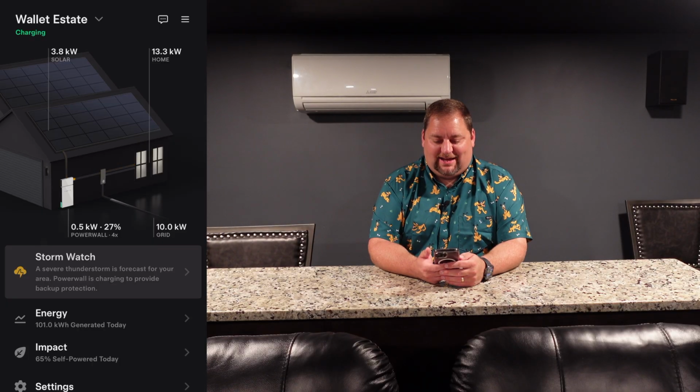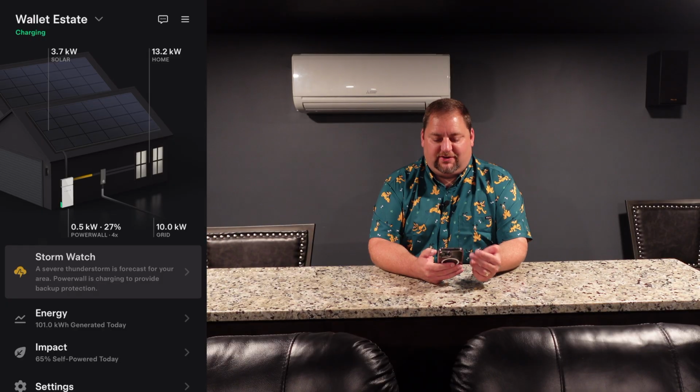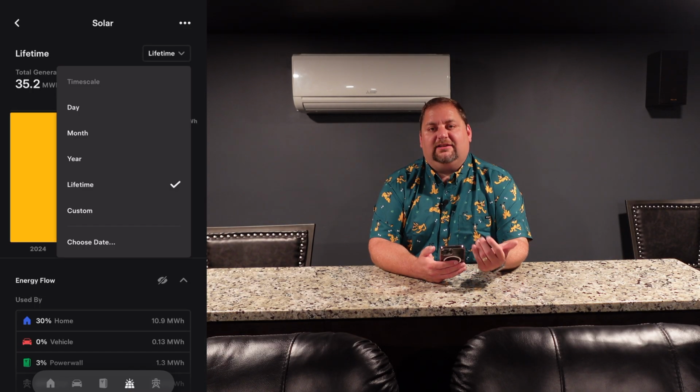All right, I want to start in the Tesla app just to show you what's in here before we get into the bigger numbers. And I am an older millennial, so when we get out to the bigger numbers, I will be using my laptop at that point. So here you can see the app, and you can see the overview of all the different information regarding the solar, the home, Powerwall, and the grid. And in any of these, you can go into the particular item. I'm going to go into the solar, for instance, here. And you can see all kinds of views, the lifetime, and I'm recording this a little bit after a year,